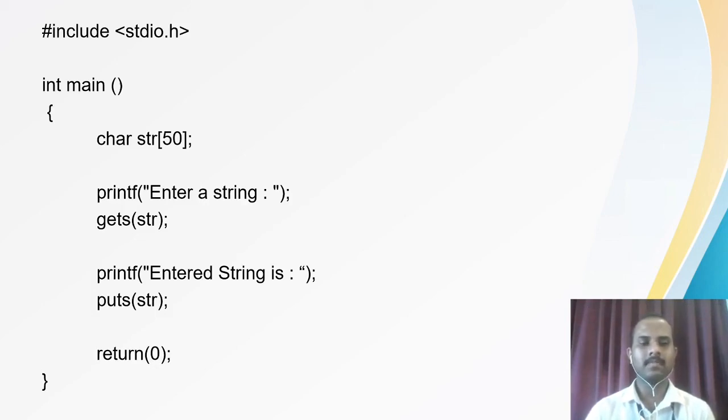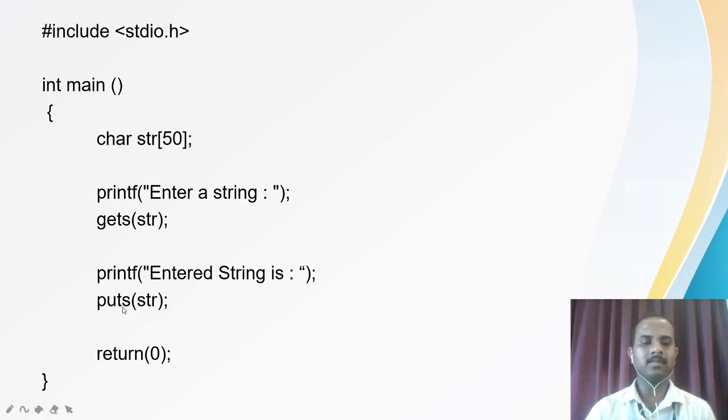Gets. And when you get the string there, whatever is entered will be stored in str. In the next step, I will be displaying it. So entered string is puts str.